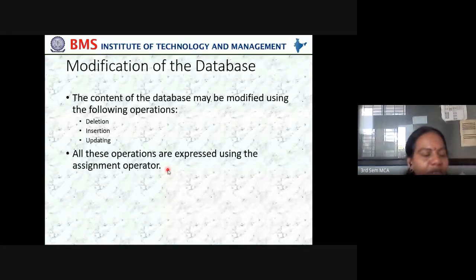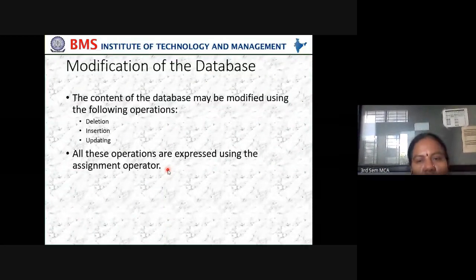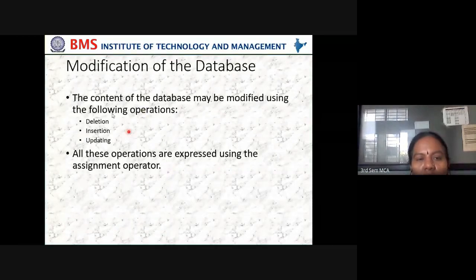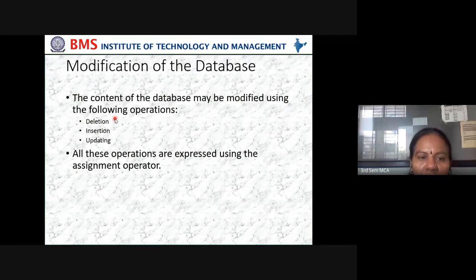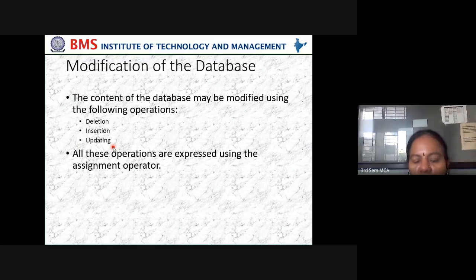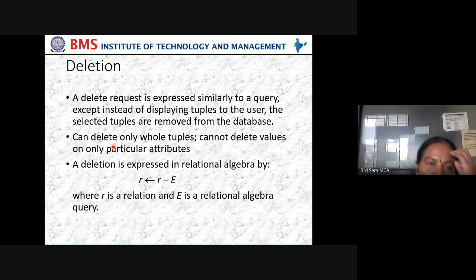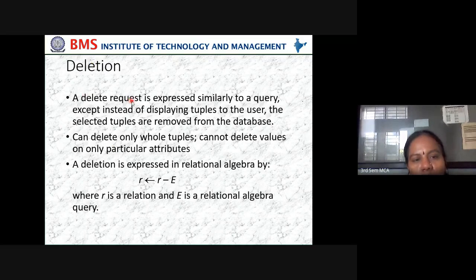Next we move on to modification of the database. How can we modify the database? The content of the database may be modified using the following operations: delete, insert, and update. All these operations are expressed using the assignment operator. The delete request is expressed similarly to a query, except that instead of displaying tuples to the user, the selected tuples are removed from the database.